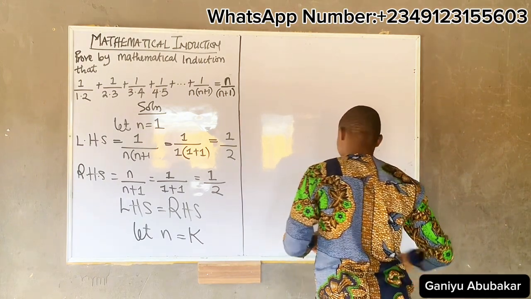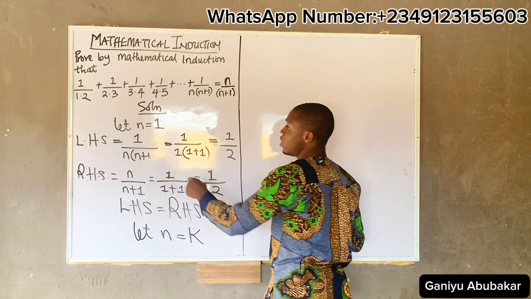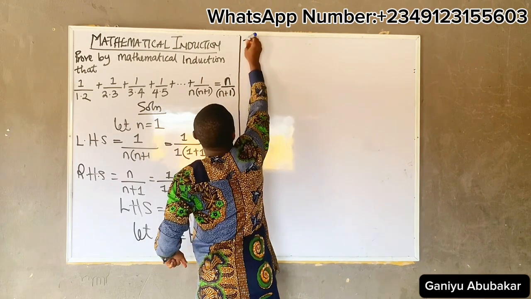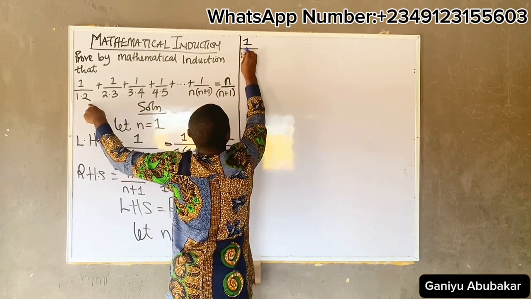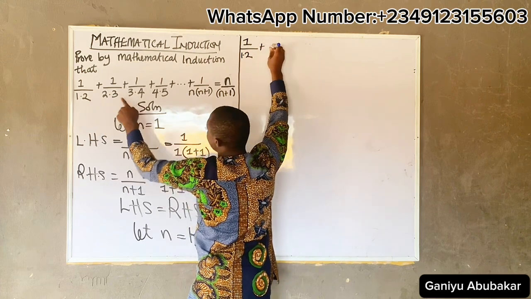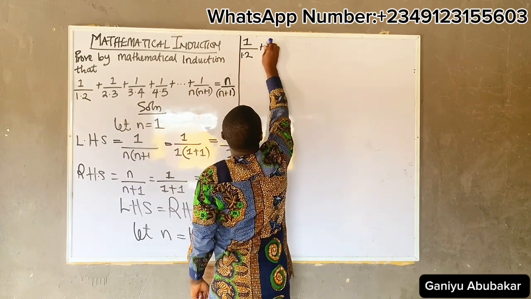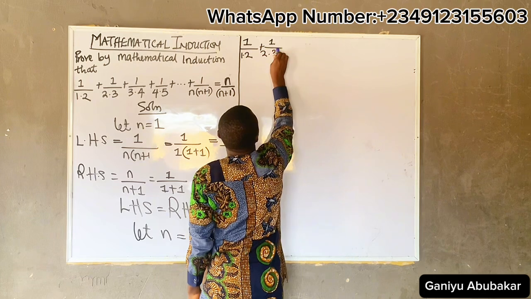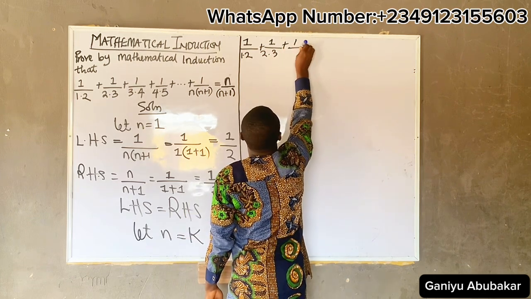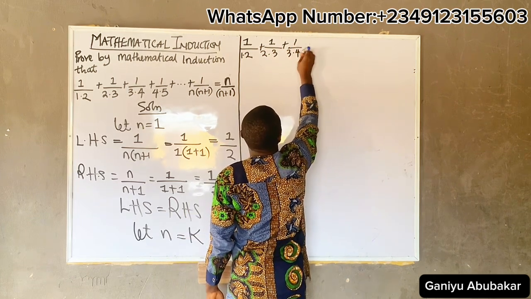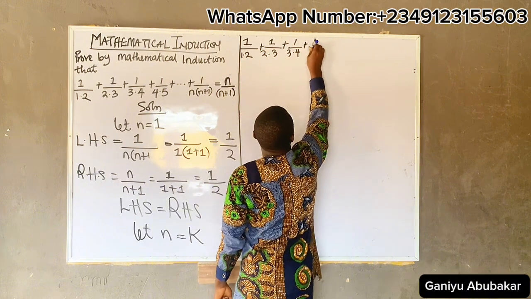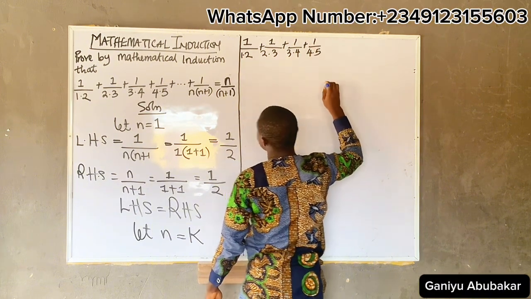Alright. From me now, what do I get here? I'll have from here 1 over what? 1.2 plus 1 over what? 2.3 plus 1 over what? 3.4 plus 1 over what? 4.5 plus